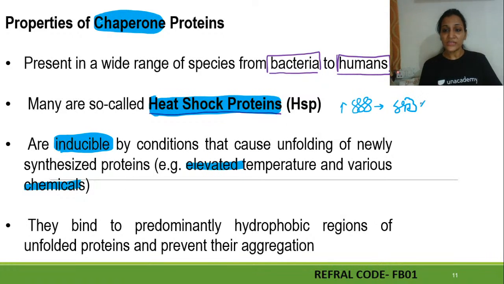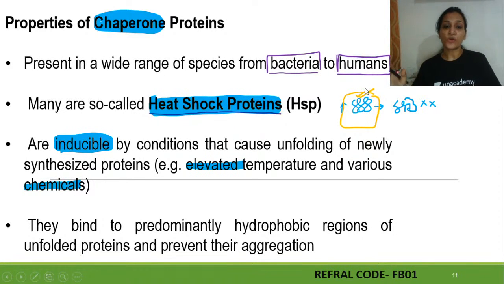So nature doesn't want it to be changed into useless information, information which is not of further use. So what will happen? There will be another molecule, that is your chaperones. It will be lying somewhere in the environment, and as soon as the protein starts to denature or change its state, it will just engulf it into itself, and when it engulfs it, it will save it from denaturation.